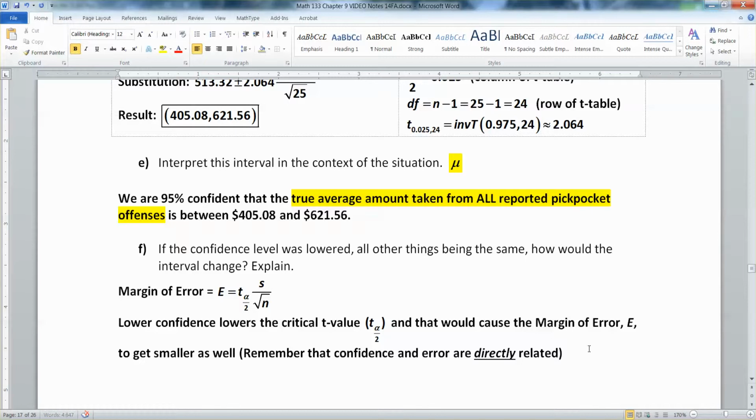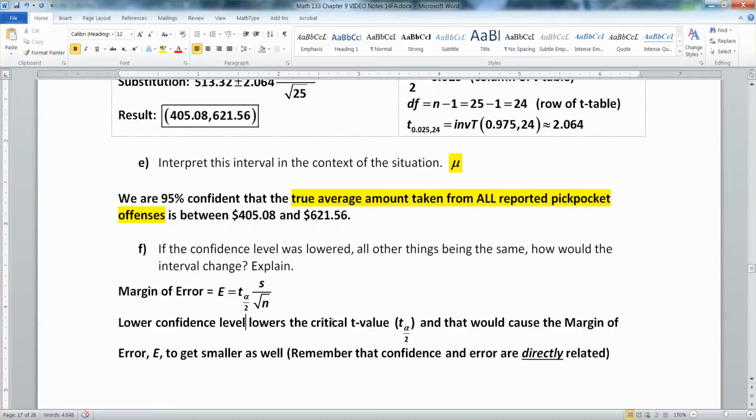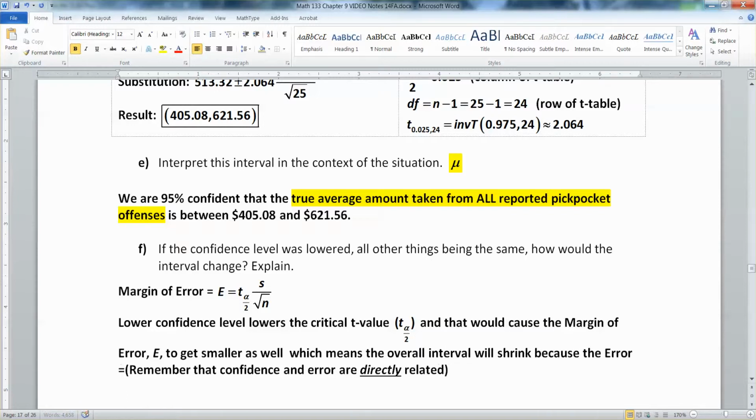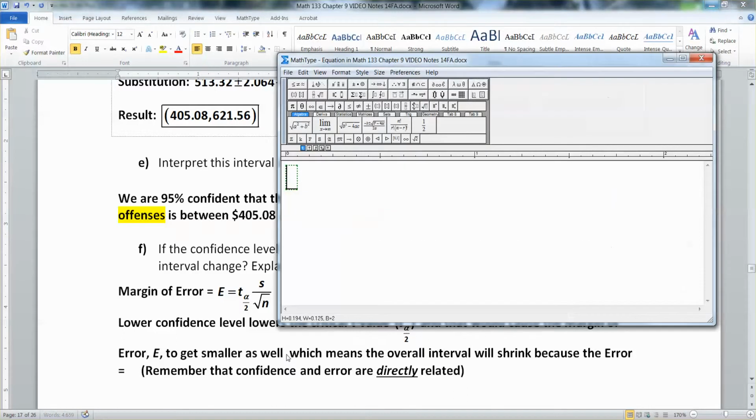Okay, so if you lower your confidence level, it lowers the critical T value, and that will cause your margin of error to get smaller as well, which means the overall interval will shrink, because the error is equal to half the width of the interval,